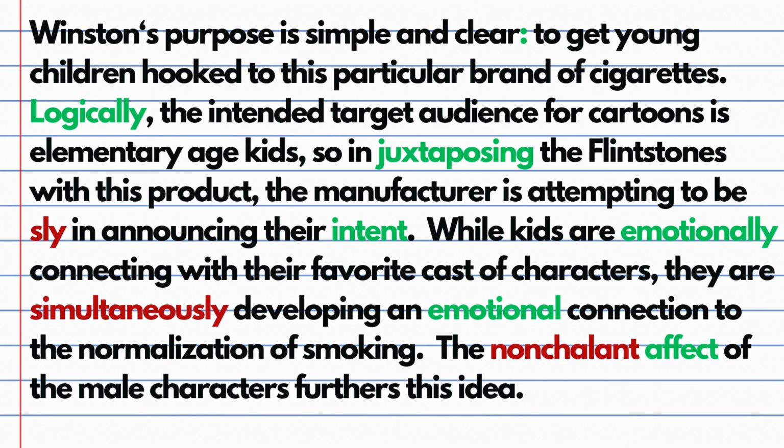So as I said earlier, you usually focus on 3 of the most salient, germane, relevant terms, devices, techniques in the piece, and slap those down in the construction of meaning sentences, right? I only needed 1 sentence to get to the universal truth, the universal theme, the exigence. So that's easy peasy. And then I did not overdo the tier 2 vocab. I just had sly, simultaneously, nonchalant. But when you're using things like intent and juxtaposing, that adds to the tier 2 as well.